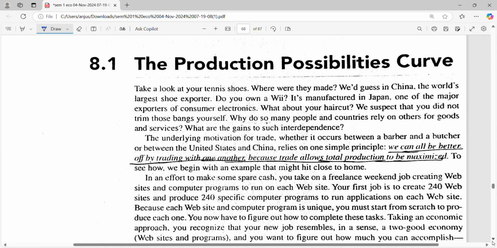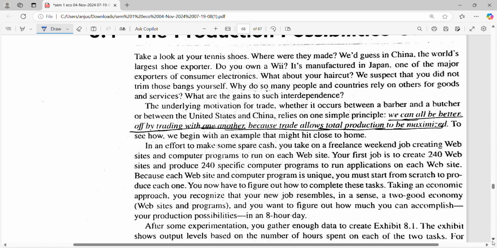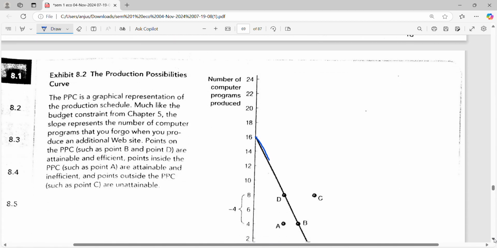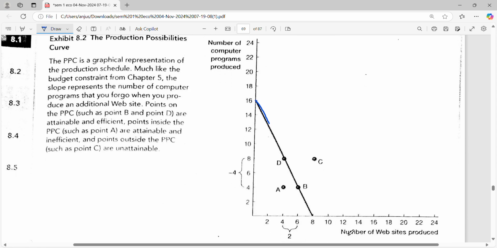So production possibility curve. As the name suggests, it literally is the curve which exists where the maximum production is possible with the given amount of input. The maximum amount of production possibility with the given amount of input. So here this is the production possibility curve. Okay, we will definitely go over the examples, but before that just